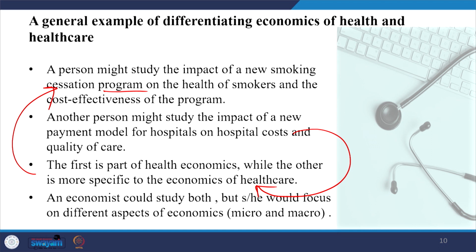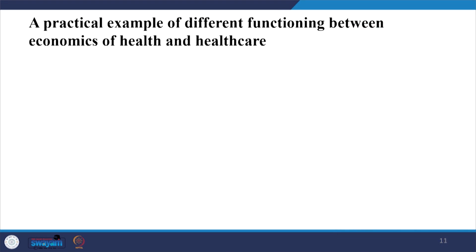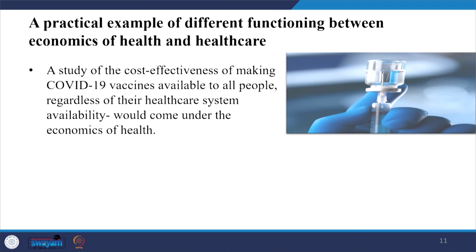But he or she would actually focus on different aspects of economics, maybe in a micro context or maybe in macro context. So some of the practical examples are also given in the readings. Here we are citing one, a study of the cost effectiveness of making COVID-19 vaccines available to all people regardless of their healthcare system. Availability would come under the economics of health, whether this is actually availability of these vaccines